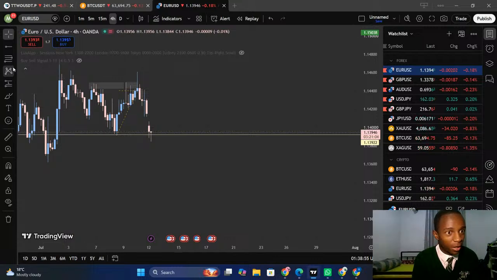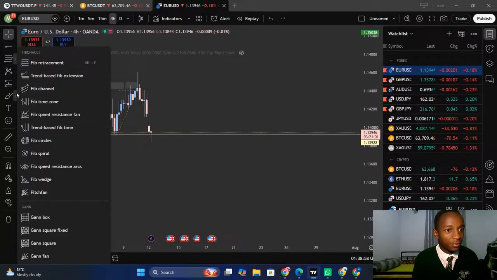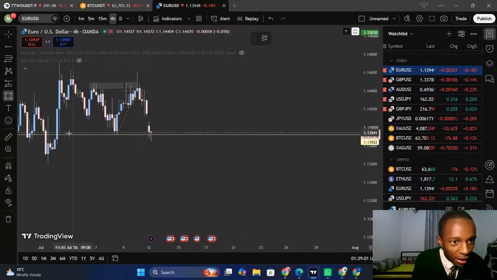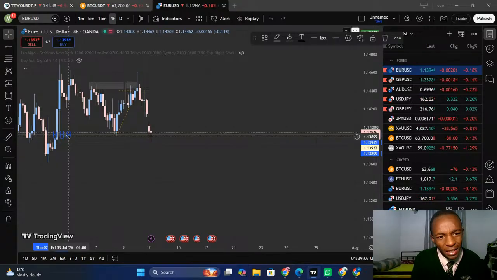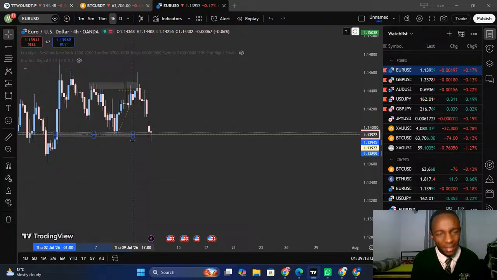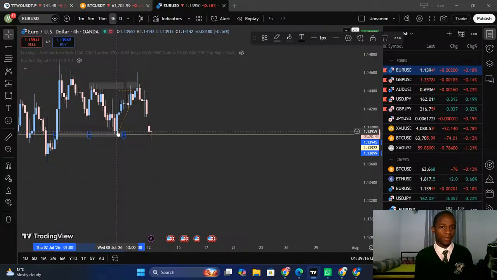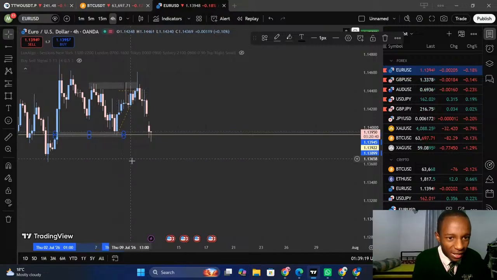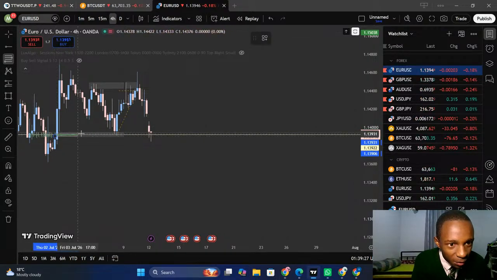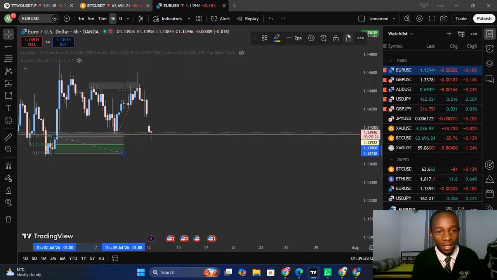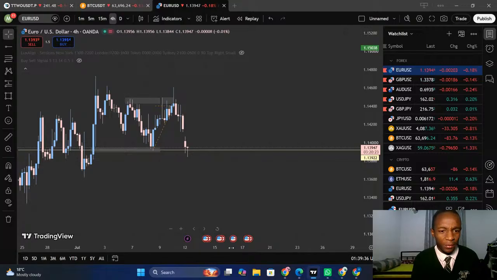We do have not a liquidity zone, but a fair value gap right here. I think I'm going to be entering on fair value gaps, guys. Tell me in the comments. I think a fair value gap really gives a good entry, because look at this, man. It's just perfect, at the 50%. Let me look. Yeah, it's the freaking 50%. It really respects that area.